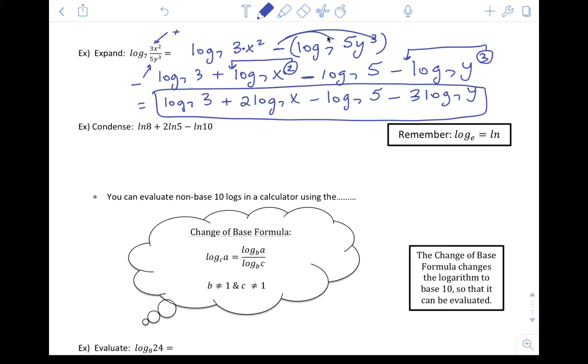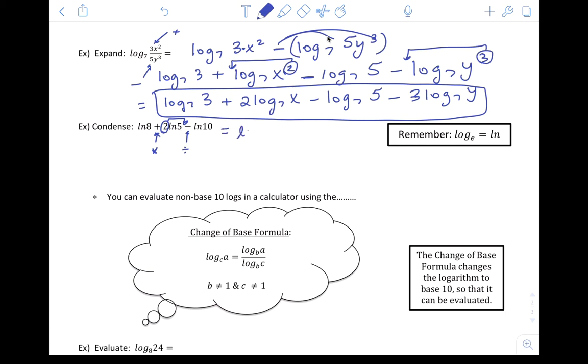So when you see addition, that means you're going to multiply when you put them back together. When you see a number in front, you're going to have to put it back up top where it came from. And then if you see subtraction, that means it's going to go in the denominator. It's going to be divided. So when you put this back together,